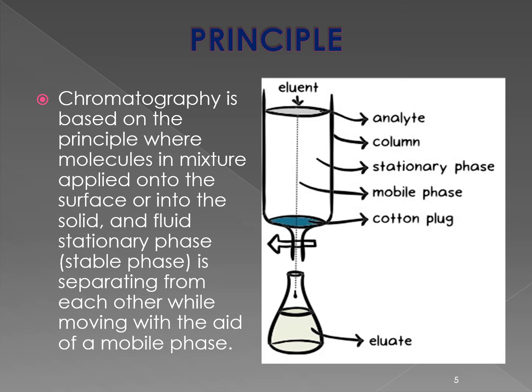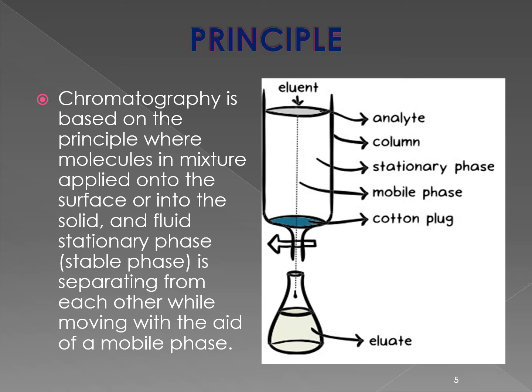Likewise, in the diagram, we are seeing that the eluent is the substance that has the analyte particles, the particles that we want to separate, mixed in the sample. We can also say that the sample along with its analyte particles is present in the eluent, and the eluent is also considered as the part that we want to separate.